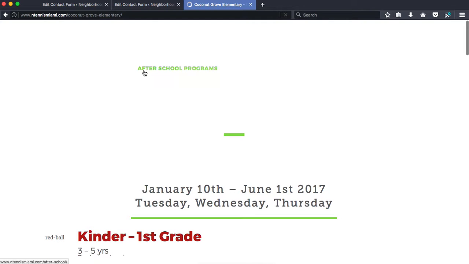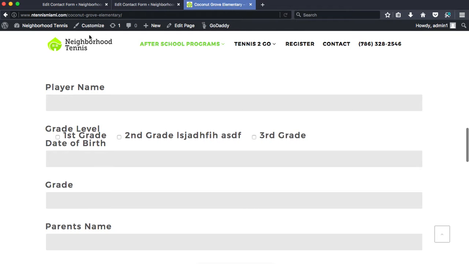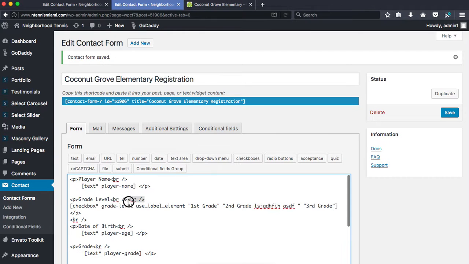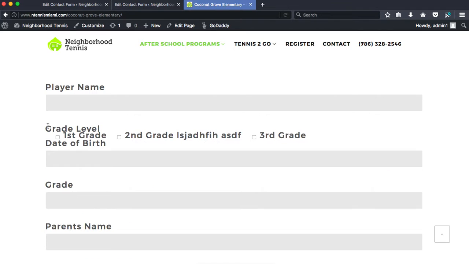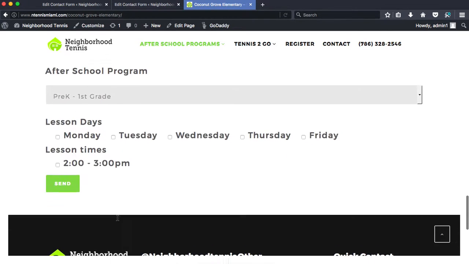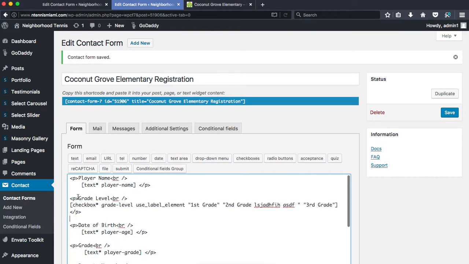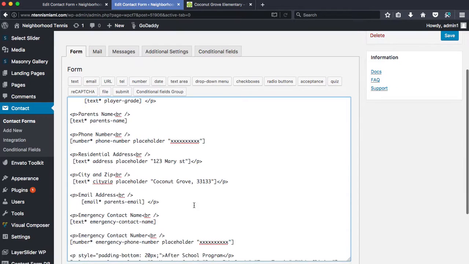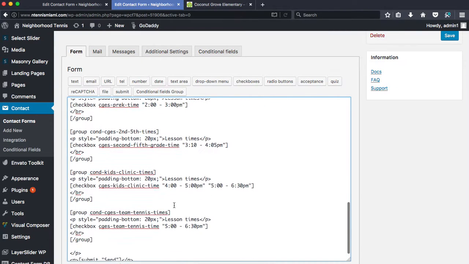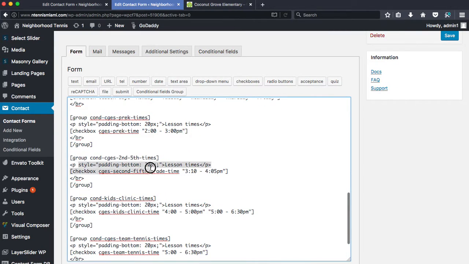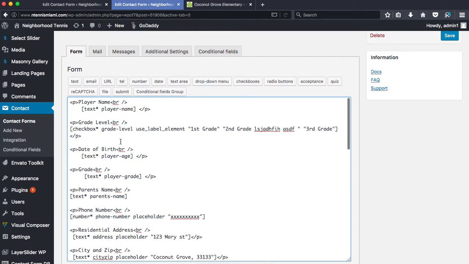Oh, you know what, actually? It's line height that I need. Okay, sorry. So actually what I need there is to copy another piece of code that's going to be within this form. Now notice that this is very similar to this. The piece of code that I'm missing is what's called a style tag. So if we look down here, we see the style tag, padding bottom 20 pixels, and it's closed off like this. So what you would do is